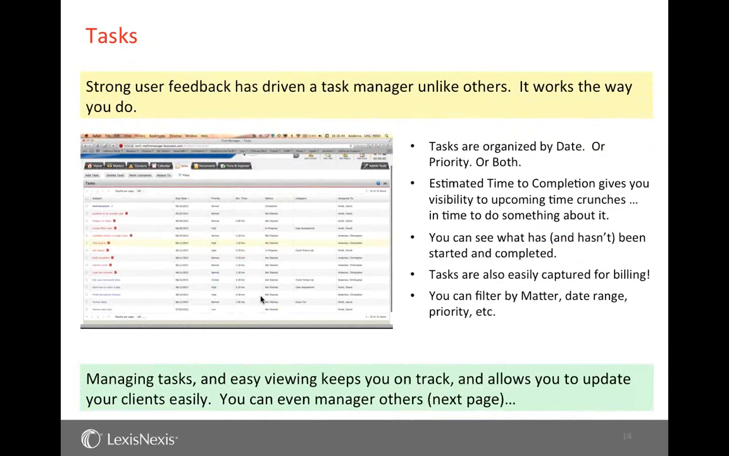And then finally, tasks. Firm Manager has a really powerful task management capability, which allows you to keep track of not only your tasks, but everybody's tasks in the firm. It allows you to predict into the future when you might have time crunches coming, through our estimated time to completion. It tracks by due date, but also by priority,